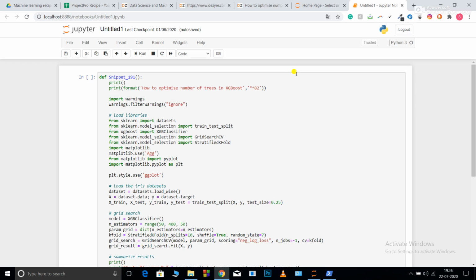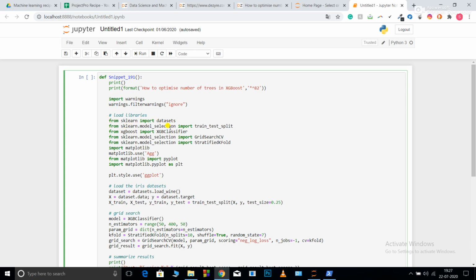But the problem with XGBoost and boosting models is that they're quite complex, so they need a huge data set to perform well. If you have a small data set, then XGBoost, GBR and all the complex boosting models are going to perform poorly. So this was about XGBoost. Now in this video I'm going to show you how to optimize the number of trees used in XGBoost. Sorry, I forgot to tell you the most important thing: XGBoost is a tree based model. Now I'll walk you through the code and explain the meaning of each line as I go through it.